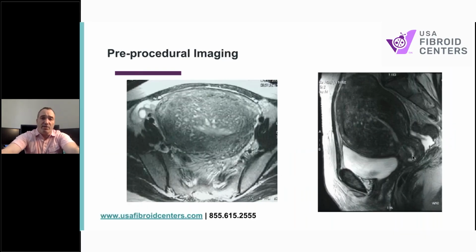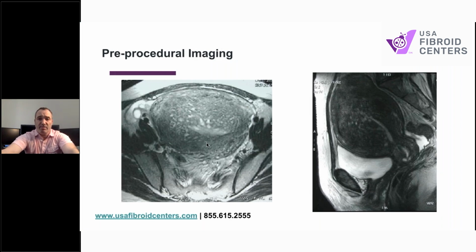Anyway, here's another pre-procedure image showing a uterus which is extremely large and actually has, rather than fibroids, so if you examined this patient and felt them, you'd see there's a big pelvic mass, but here we see that it is in fact all overgrown with adenomyosis, which can in fact be treated, but it's something that we need to know about in advance.